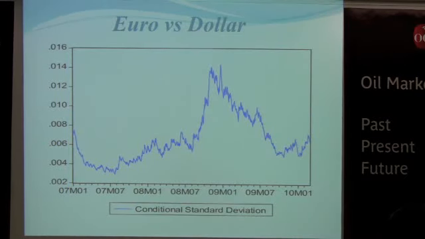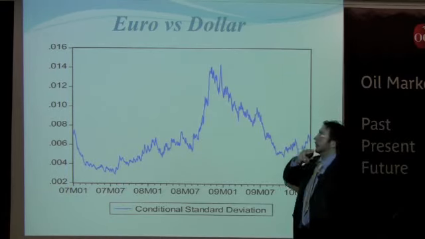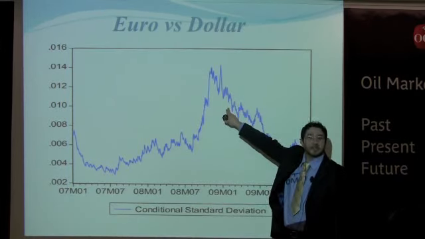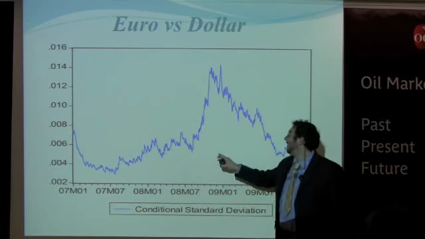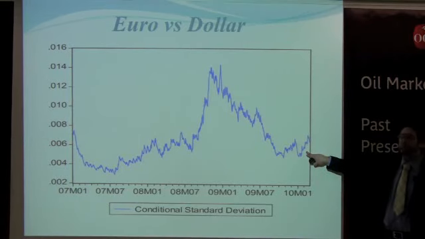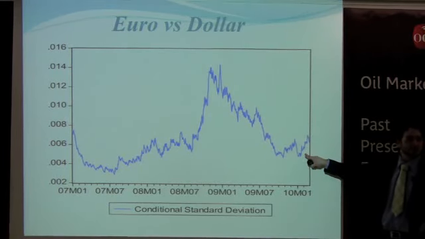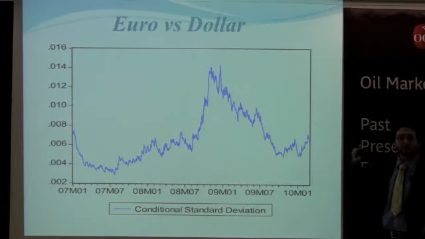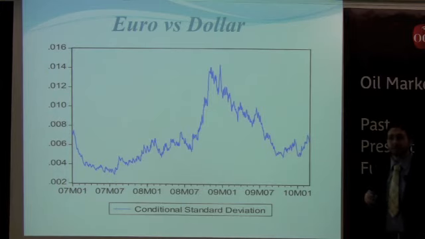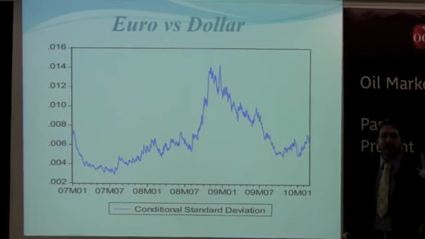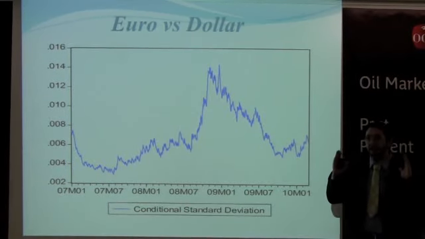Euro versus dollar for whoever's trading now. Very, very low in my opinion. 1.5% roughly. That's the volatility in the euro dollar, believe it or not. Now we are almost back to normal. This market was considered to be not leveraged at all. The volatility in every single currency market is considered to be symmetric. It means negative shocks make the volatility rise as much as positive shocks do, exactly in the same way.